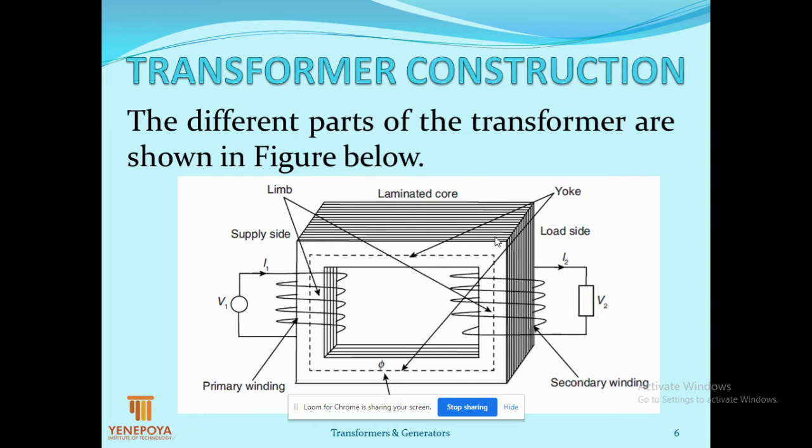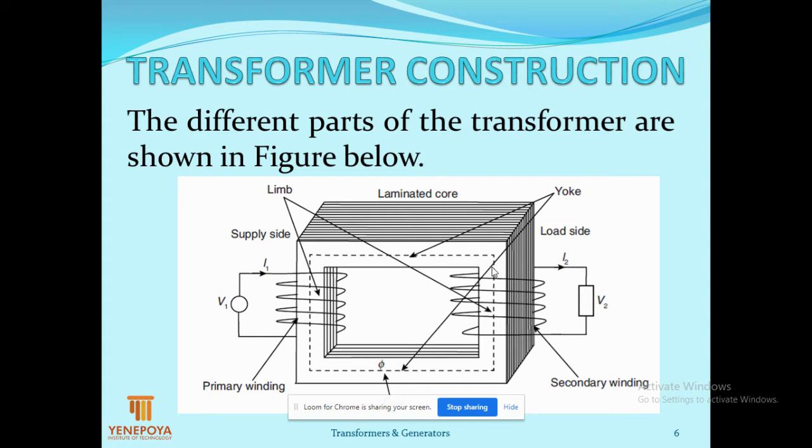When this flux links the N2 number of turns on the secondary winding, an EMF will get induced in the secondary winding. That is nothing but E2. And the voltage available to the load, this is nothing but the load. It may be a dynamic load or it may be a static load. Static loads, like lights, are called static loads. Dynamic loads or rotating machines are considered dynamic loads here.